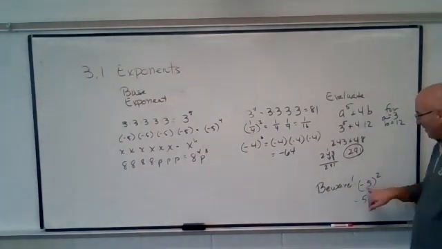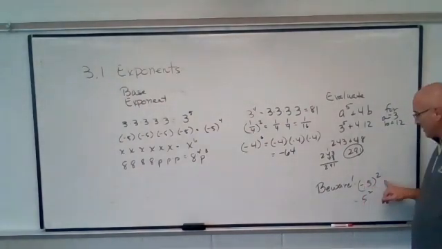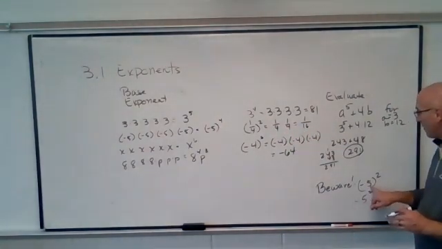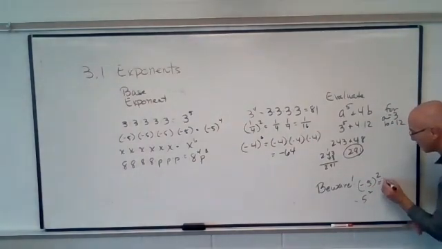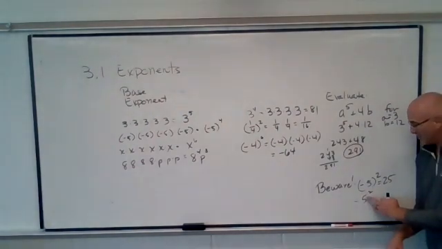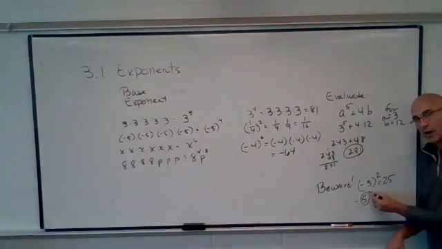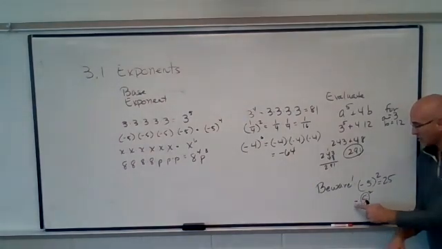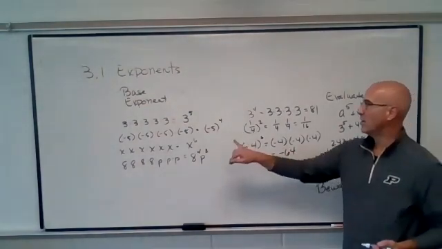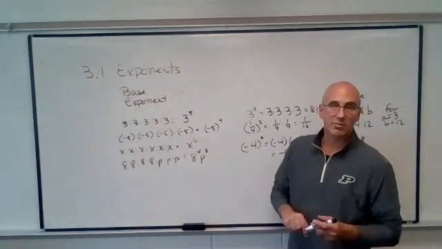Just a little note here. It says beware. -5 in parentheses squared. What is that? We just did it over here. -5 times -5 is 25. This, on the other hand, the negative sign is not part of the factor. That means that only the 5 is being squared. And then we are using the negative sign outside of it. So this is actually negative 25. So that's why it is very important we know what our base is. That is a general introduction